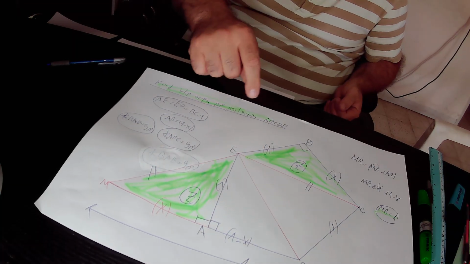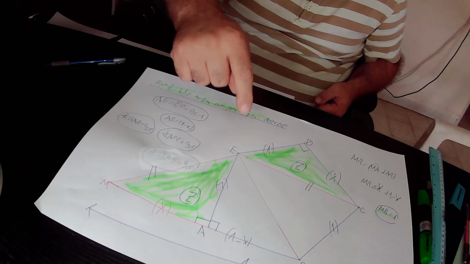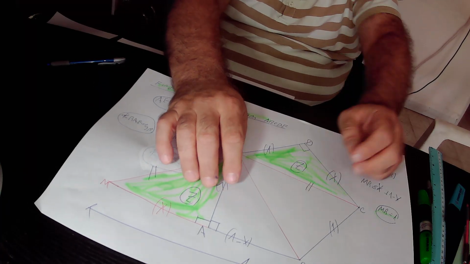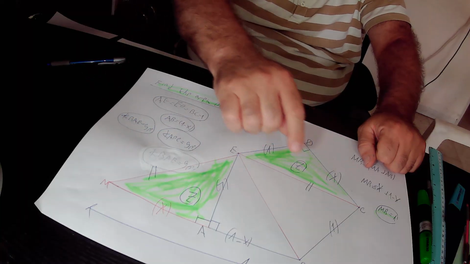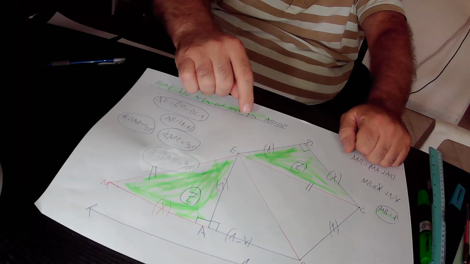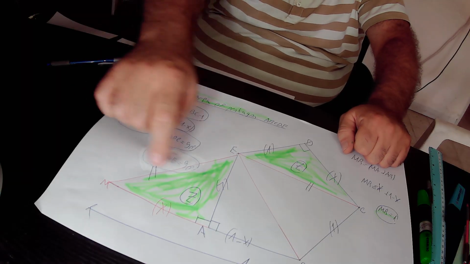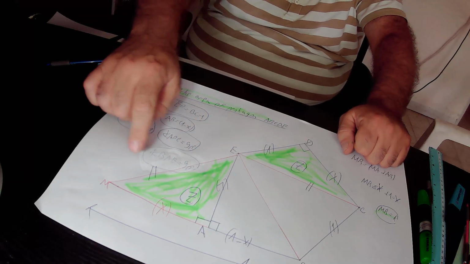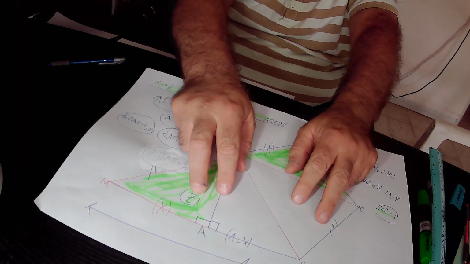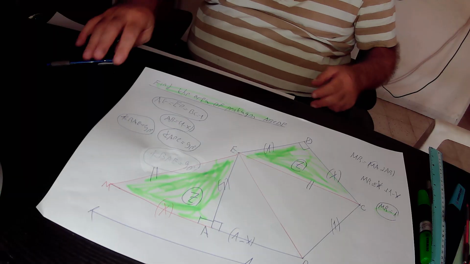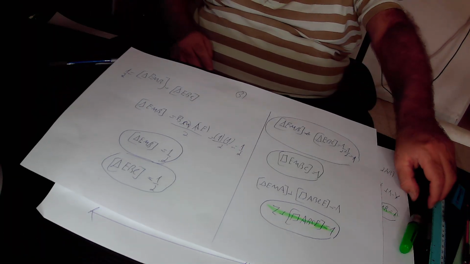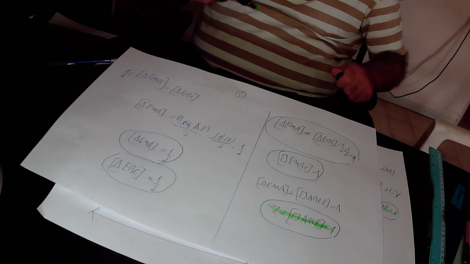But quadrilateral EMBC consists of those two triangles. Again, quadrilateral EMBC consists of exactly those two triangles, and therefore the area of the big quadrilateral EMBC must be equal to 1 because it consists of those two triangles. Again, we found out that the area of the big quadrilateral EMBC is equal to 1,